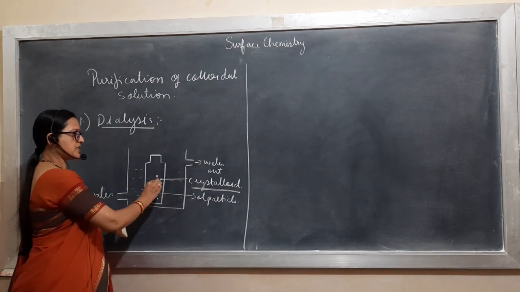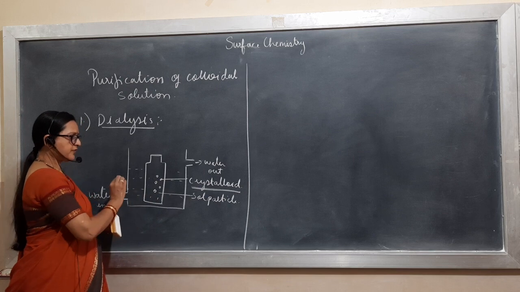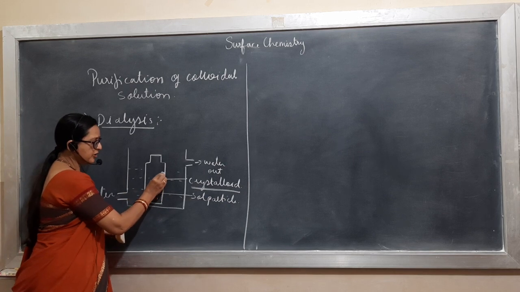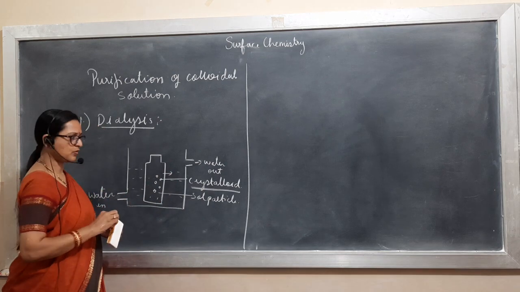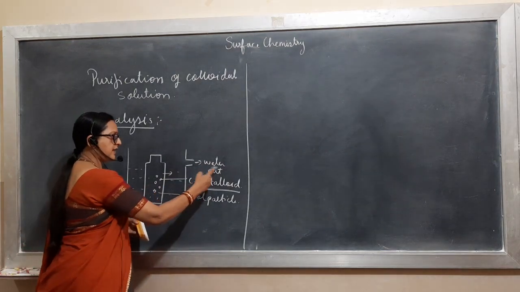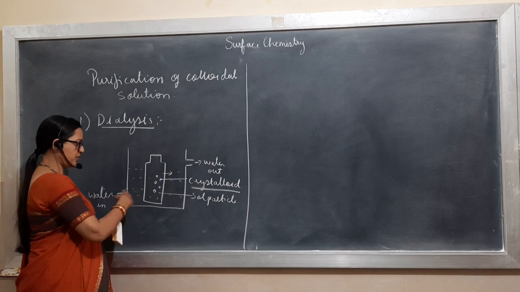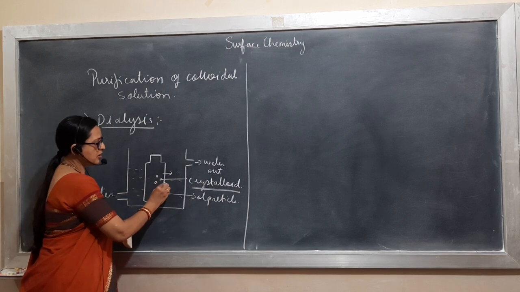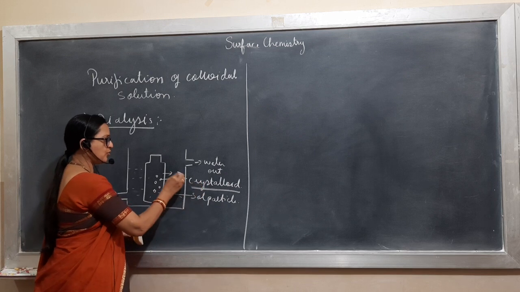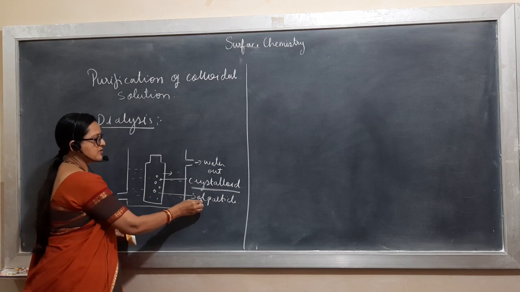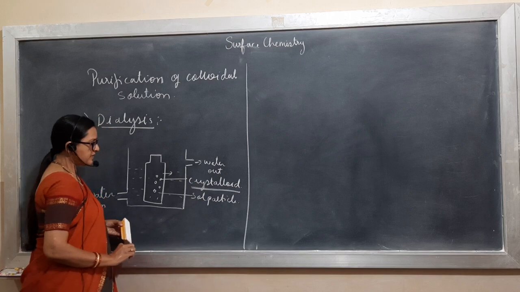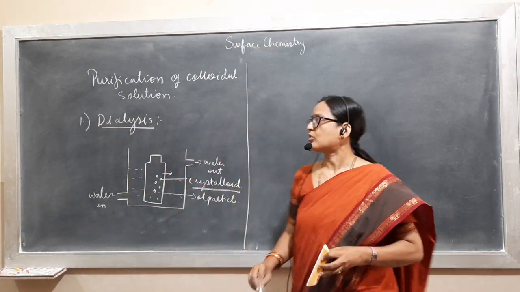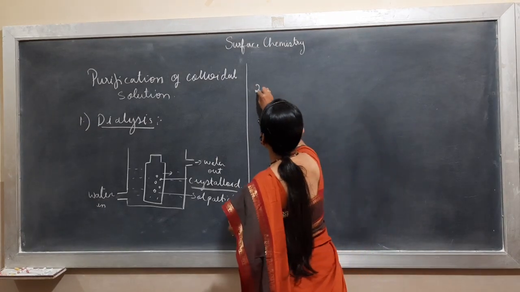We have to just keep it for a long time. After keeping it for a long time, the crystalloid, the salt particles, will move into the solvent, the water, and be let out. Because there is continuous flow of water, we always get pure water in the container, and all the salt particles, the crystalloids, are removed after some time, and what remains is only the sol particles. This method is very slow. To make this method faster, one more method is carried out called